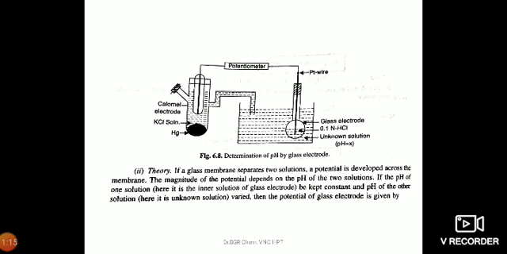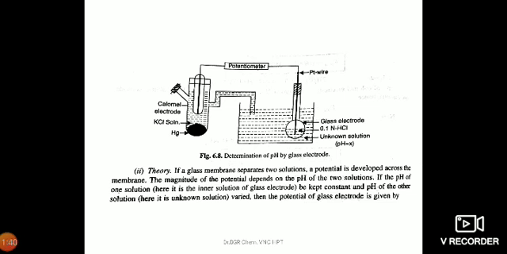At the left hand side we have the calomel electrode, at the right hand side we have the glass electrode. So we have taken a container wherein an unknown solution has been taken. Into this unknown solution, this glass electrode has been dipped. At the right side, you can observe it there. So we make an electrical contact between the anode and cathode there. In between, we have a potentiometer for the measurement of pH.